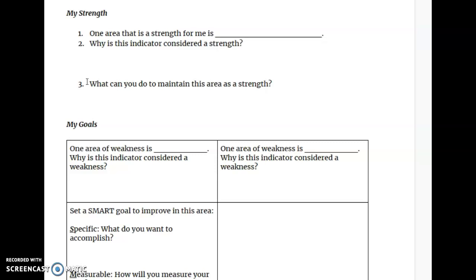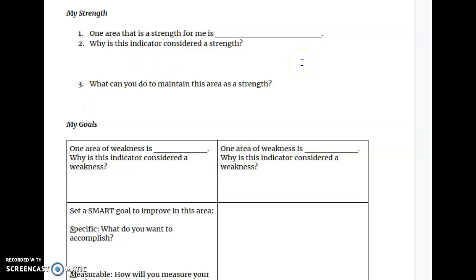So it's like, hey, I am lifting weights and I am able to bench a certain number of pounds for a certain number of reps. How do you maintain that? Well, you have to keep doing it, right? So you're going to think about, well, if I'm a strong reader, what can I do to maintain that area? Do I continue to read? Am I going to branch out into more difficult books? But just something there that will help you keep that strong area strong.